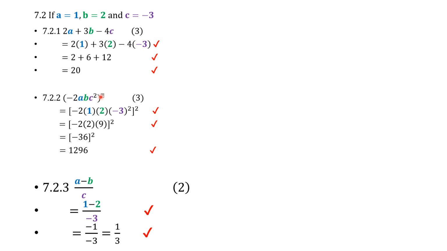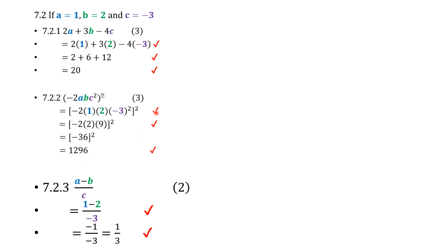So negative 3 squared, I'm first solving that. Negative times negative is positive. 3 times 3 gives me 9. Then 2 times 1 gives me 2. So minus 2 times 2 times 9. 9 times 2 is 18, times negative 2 would give me negative 36. And negative 36 squared becomes